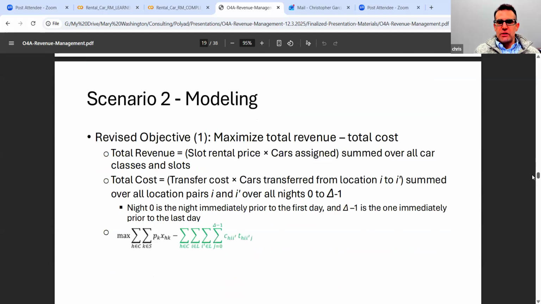Okay, so we have to revise our objective function a little bit here. So the same revenue is going to be there. The same initial piece that we have is going to be reflected here. This is going to be the revenue that's generated. But we also have to subtract out of this the total cost. And now the costs that we're incurring in this model are going to be the transfer costs of cars, transferred from each location to each location